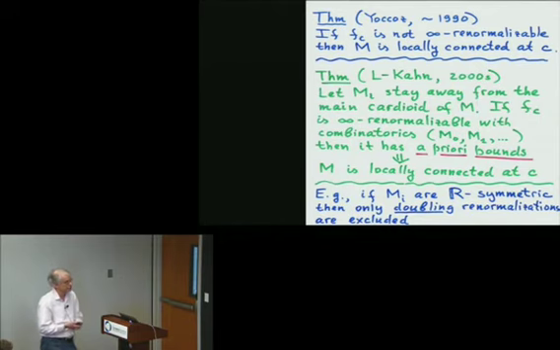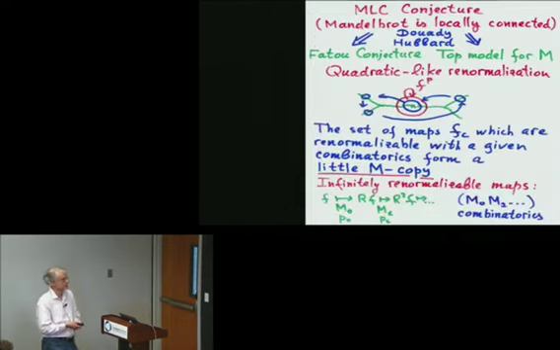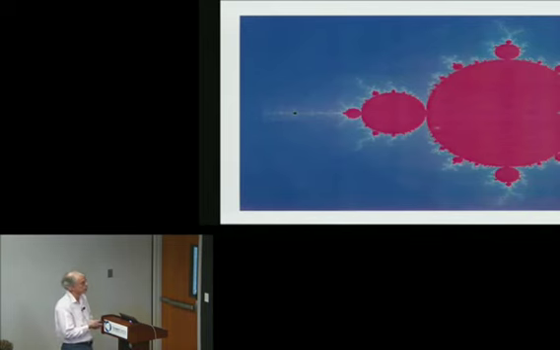So if we take combinatorics, we have this sequence of little copies of the Mandelbrot set, and we assume that all these copies stay away from the main cardioid of the Mandelbrot set. There are plenty of copies. We don't want this copy, it's just attached to the main cardioid. We also don't want some copies which are not attached, but very close to the main cardioid.